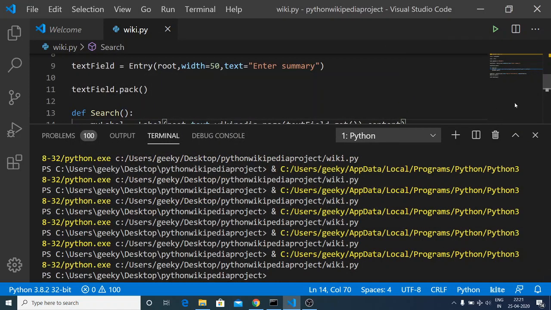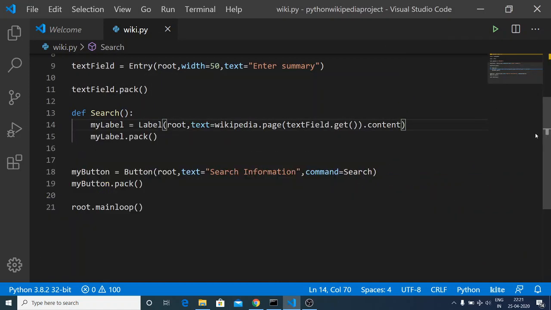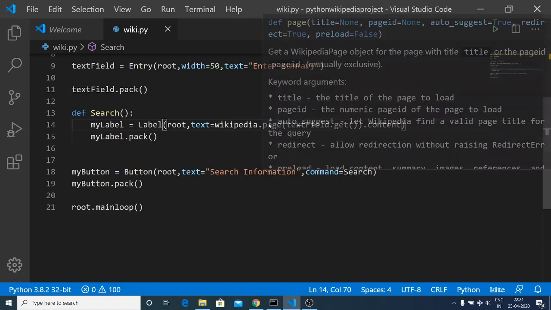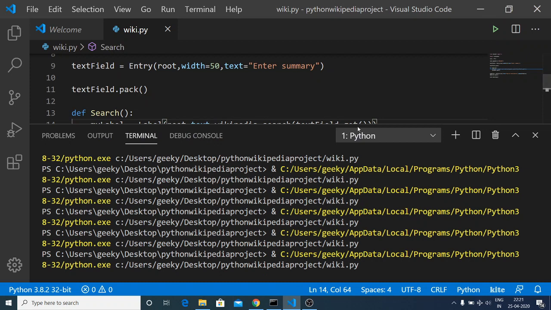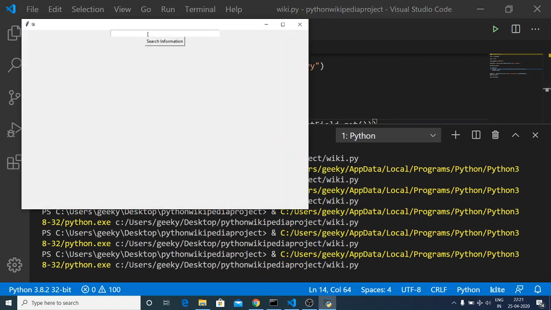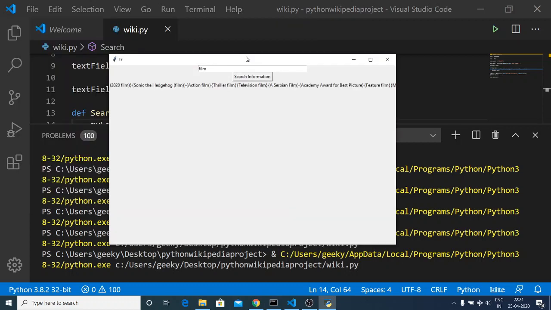So this was a very basic application that I wanted to tell you using this Wikipedia module. One other method is there. Let me just show you that method as well. Dot search. So we need to remove this dot content. So basically this will be searching this content and it will be displaying relevant topics. Let's suppose I type here film, click search information, so it will be displaying relevant topics.